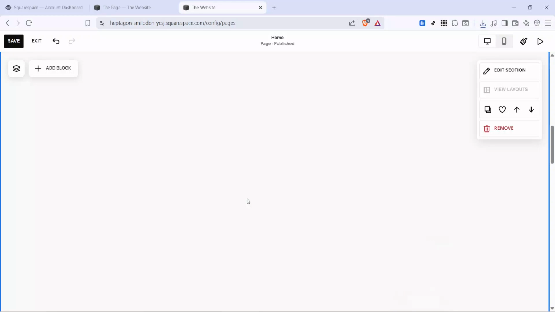In today's video, I'm going to teach you how to create a newsletter on Squarespace. We'll start inside the Squarespace editor on the page where you want your email sign up to appear. To place the newsletter form, hover your mouse over the area of the page where you want it and click